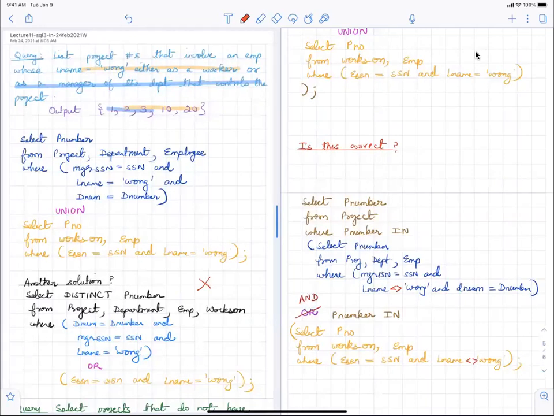So in fact, instead of looking at the whole thing, you could also just look at the first part of it and see whether this much will give you what you expect. Because of the not equal to, I think it would be really hard for me to explain in words, and also for you to understand. You really have to type this in, look at the output, and reason it out yourself. Why is this answer not correct, why doesn't it work? What happens when you say not equal to Wong?